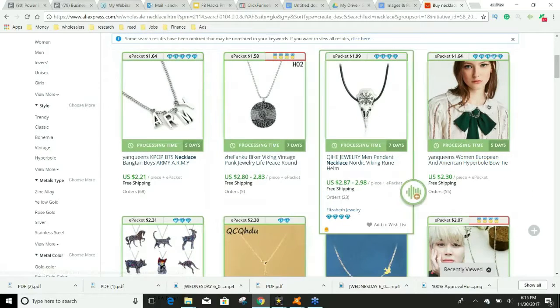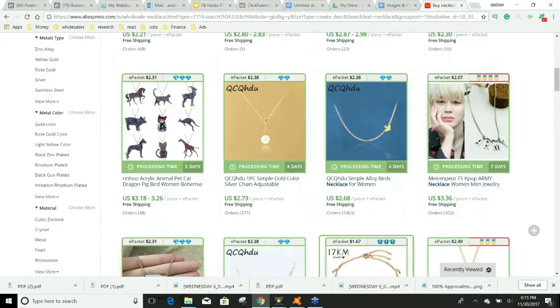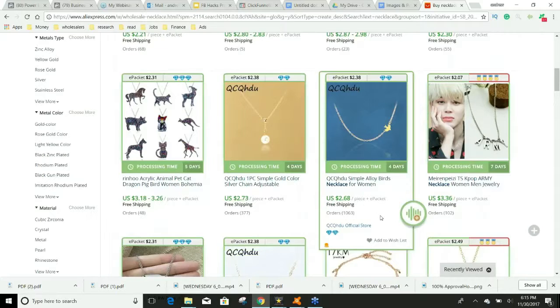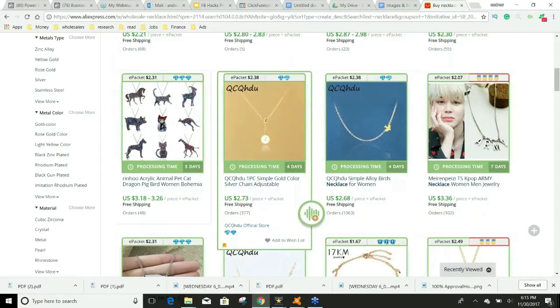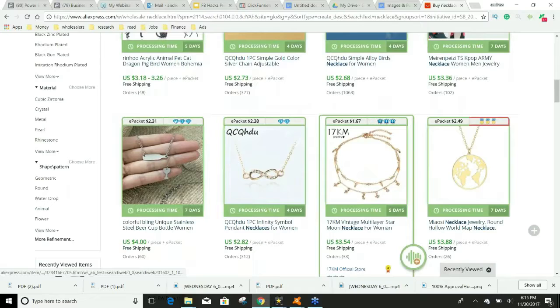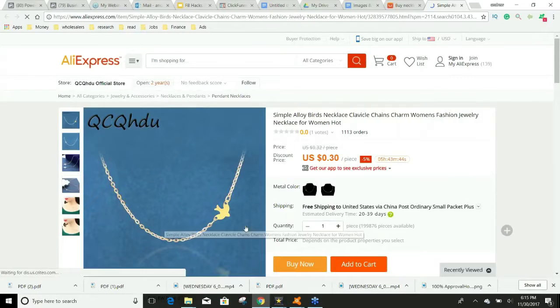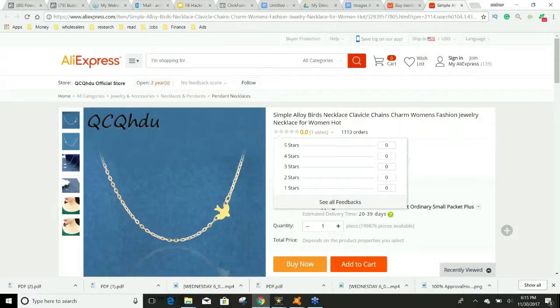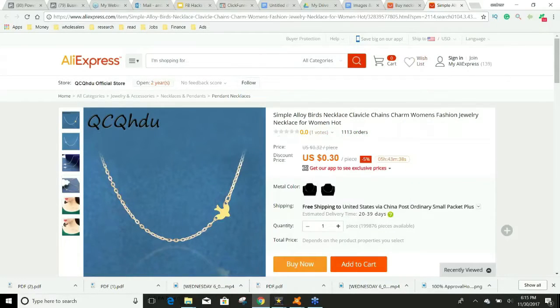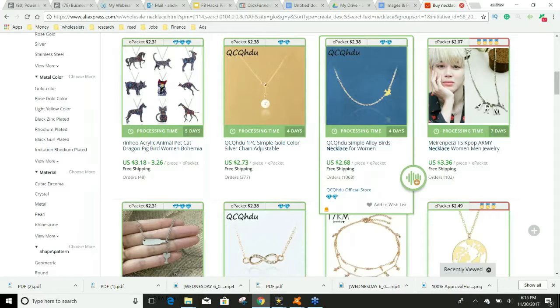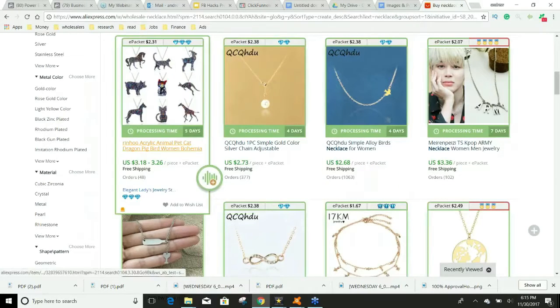Now look at this. These are all the newest necklaces there are. Look at these. 1,000 orders, and it just came out compared to 48 orders. So something with 1,000 orders that just came out is probably a good product for whatever reason. Somebody bought 1,000 of these. It might have been one because there's no votes on it. So we're just going to use